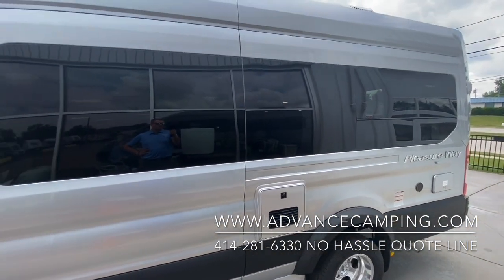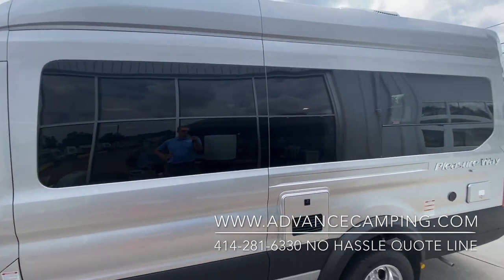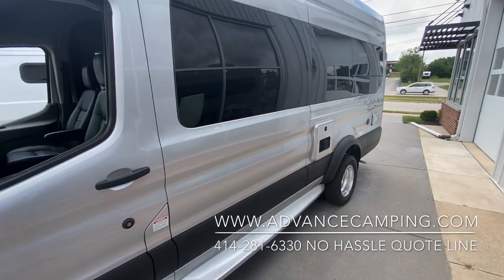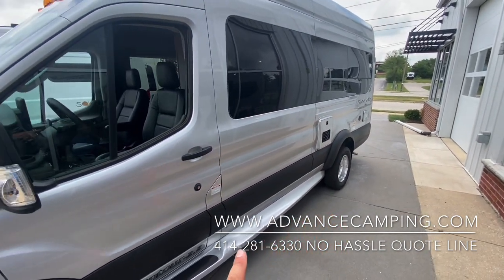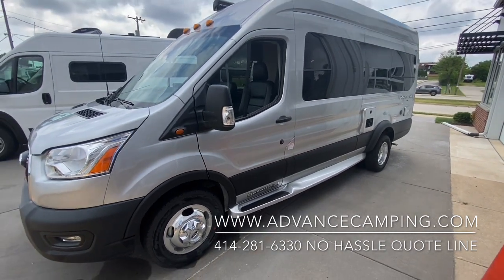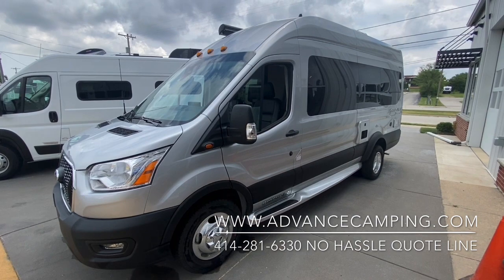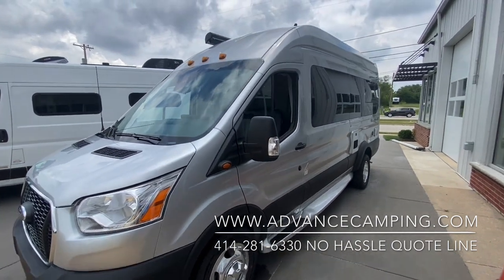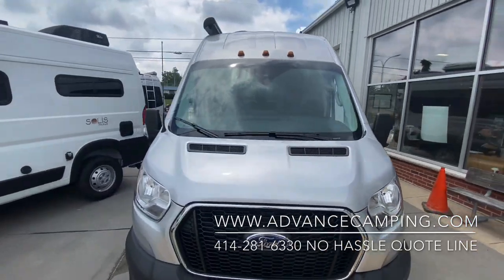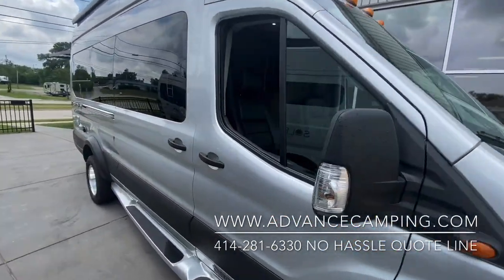And look at this automotive glass. You've got a really sleek look. You know, you've got this very clean exterior, not a lot of holes in the side. And then they've made this flare on the side as well to kind of finish it off. Again, probably the Ford is one of the best handling chassis, and Pleasureway would be one of the best upfitters to buy a motorhome from. So as we enter, you're going to find in the front,